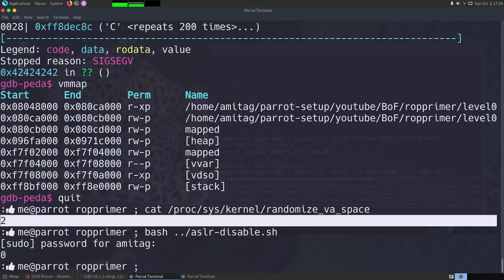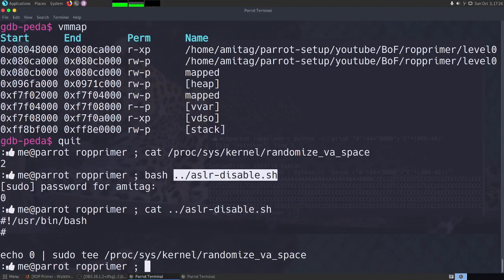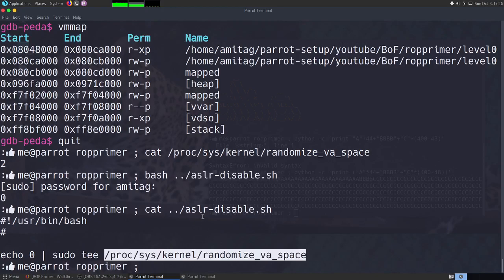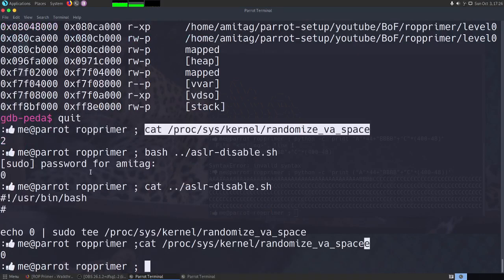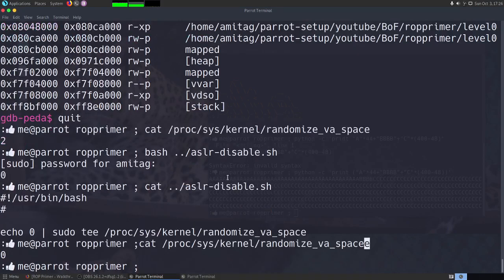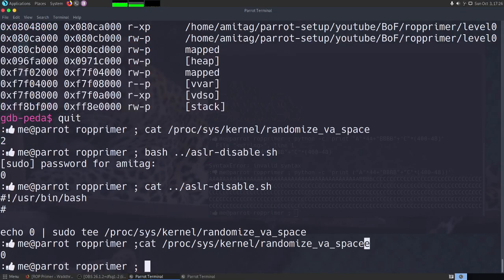It will ask me for the password. This is basically just an echo of 0 into that particular file. You can do this with sysctl also if you want to, and then we can quickly verify that it is 0 now. Once we have done that, this address will always remain the same, and it is not going to vary, which is going to make our life a little easier.